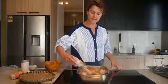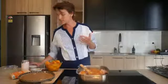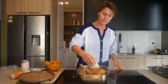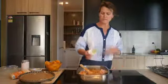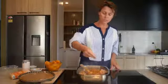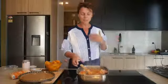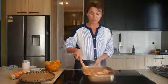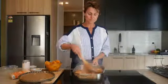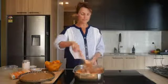And once it hits that hot oil, the flavours of the curry powder release. I'm going to add a little bit more oil in here. The oil is sort of what carries the flavour through the dish, and just a little bit of Himalayan rock salt. Now I know you can't smell it there, but I certainly can, and it smells beautiful already. So you sort of coat off the chicken,